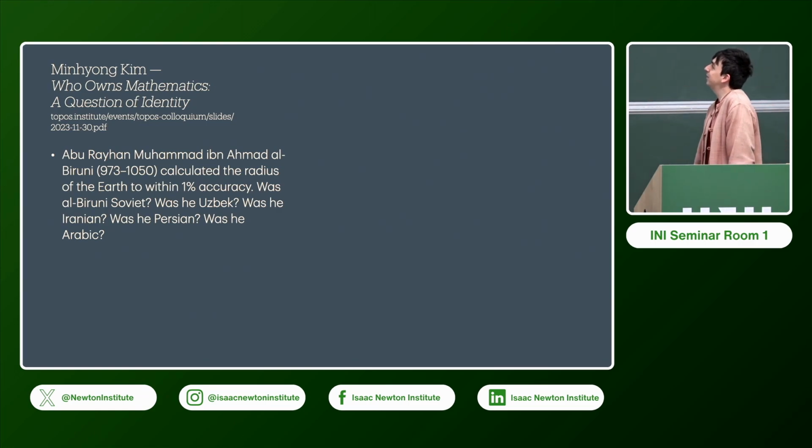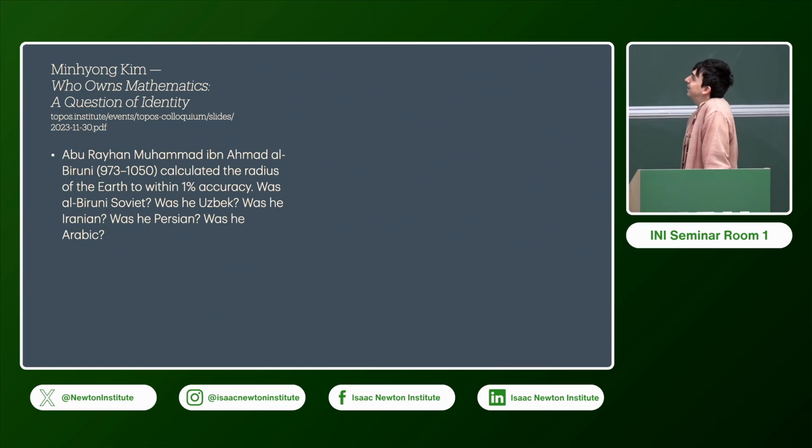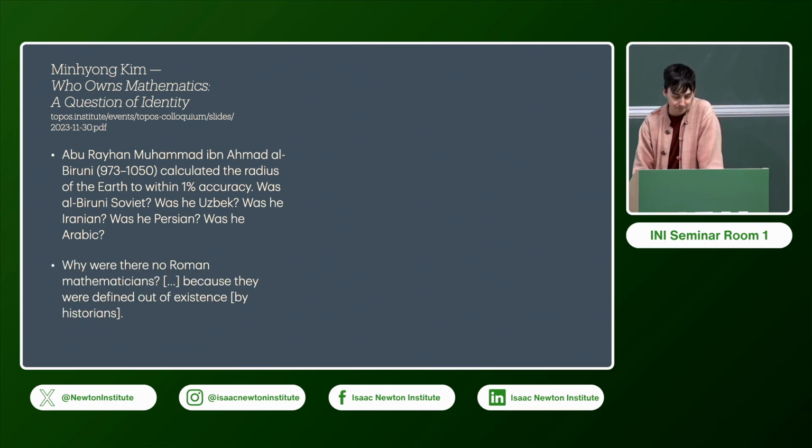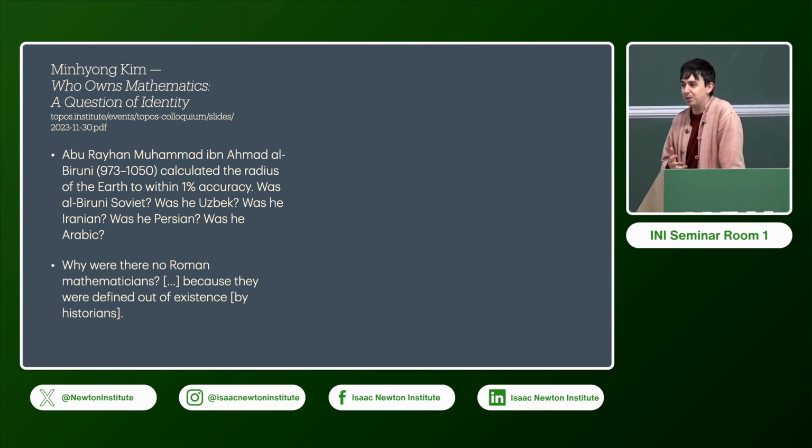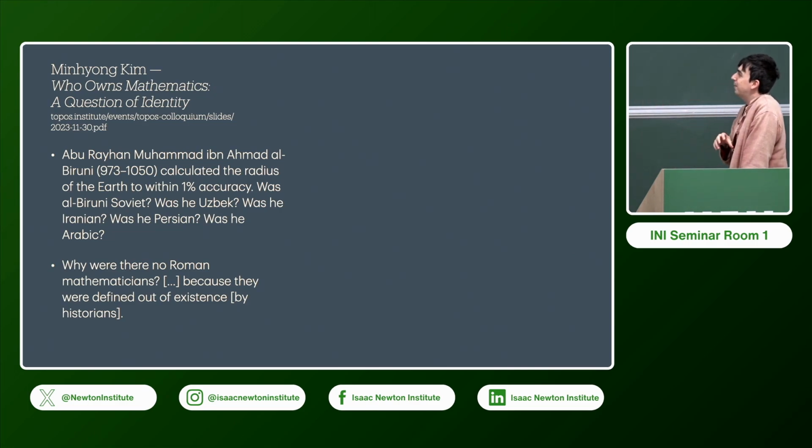So a good one he gave was the example of Al-Biruni, who calculated the radius of the Earth, and depending on who you ask and when you ask them, his nationality is undetermined. He talks about why there were no Roman mathematicians, by which he means Roman Empire mathematicians, and this was in response to some mathematical historians in England in the early 1900s who were speaking about how,